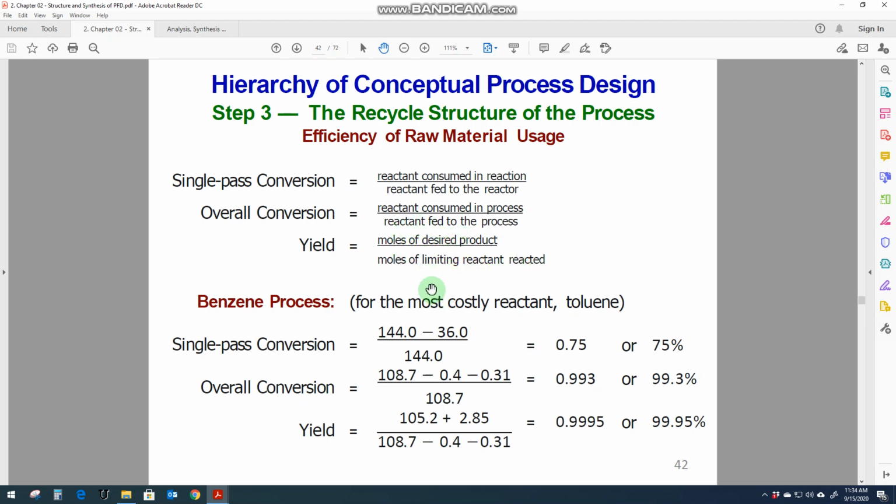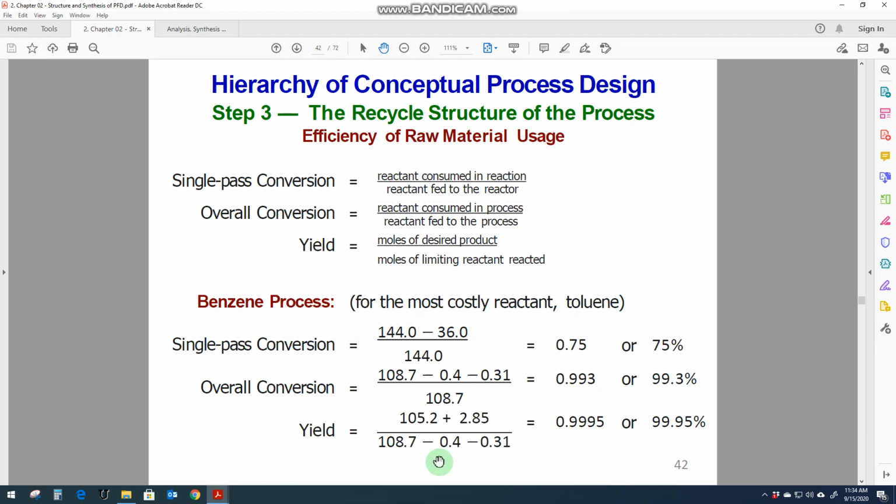So let's see how we can calculate the single pass conversion, overall conversion, and the yield of the hydrodealkylation process. So benzene process for the most costly reactant, toluene. We will consider the toluene and see how much of this toluene is getting converted into benzene. Okay, so in the single pass conversion, now to get these values, you have to go back to the